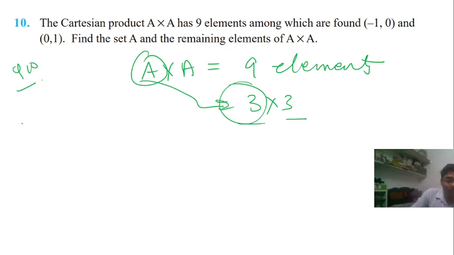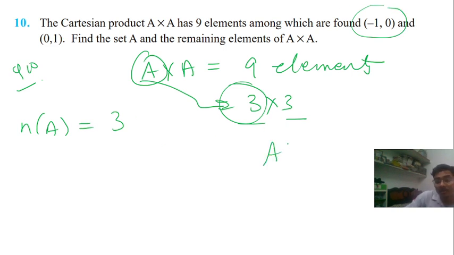Okay, so we got the number of elements in A is 3, and since it is A cross A, all the elements present in the Cartesian product of A cross A, they are giving us only 2 elements of the Cartesian product. So all the elements of A cross A will be